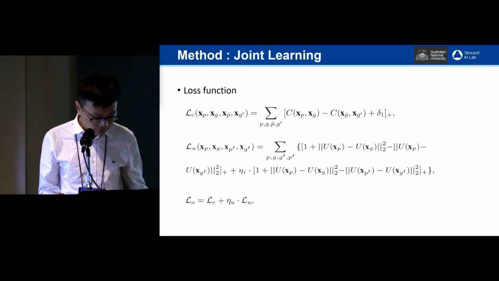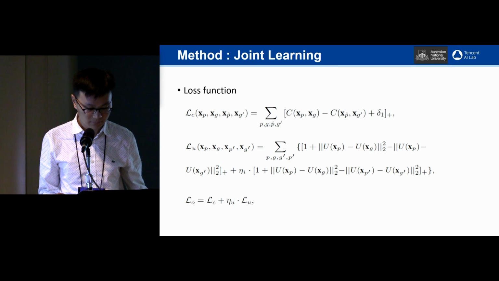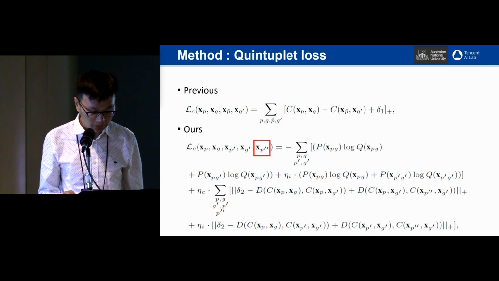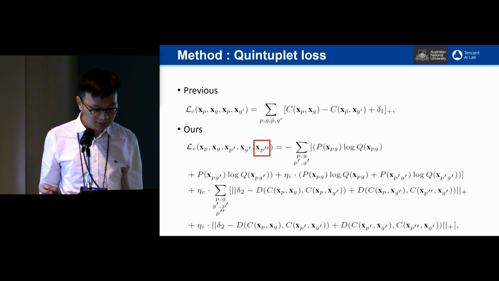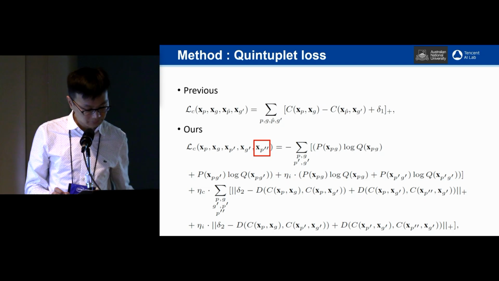The popular methods of learning the cross-gait representation are based on recognition signal, which aim to classify concatenated cross-gait representation. In order to obtain more powerful cross-gait representation, we adopt both recognition and verification signals as our supervision signal and propose a quintuplet loss. Different from traditional recognition verification loss, we define a novel quintuplet loss based on the quintuplet gaits. The slide shows the top column is the previous loss, and the bottom is our proposed loss.